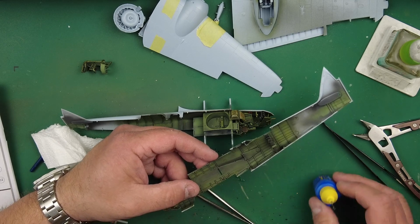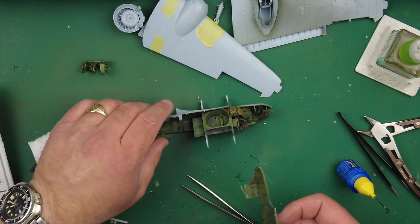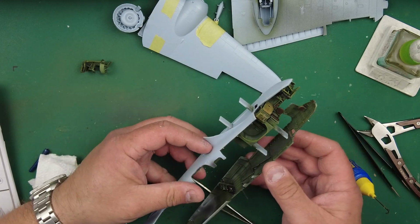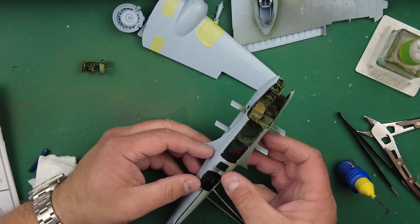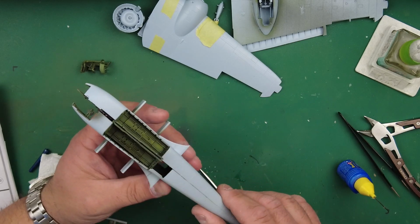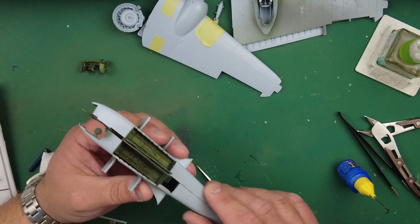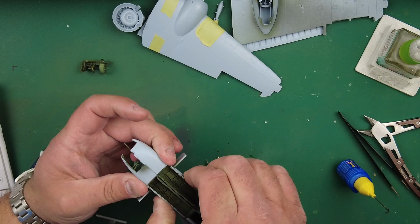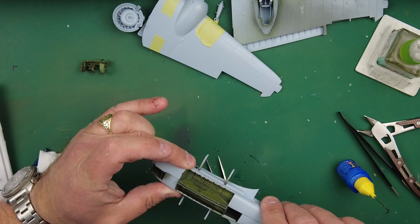Right, when we're confident we've got all the surfaces that need glue, we can then bring the fuselage halves together. There we go. So, a gentle push just to make sure we've got contact and alignment. And now we need to think about clamping maybe,